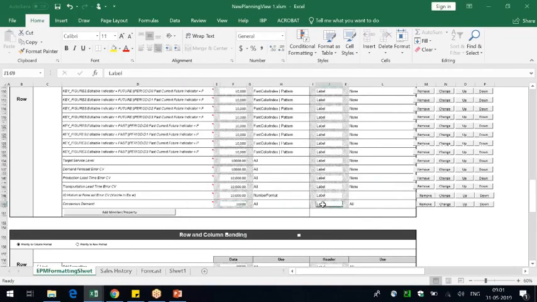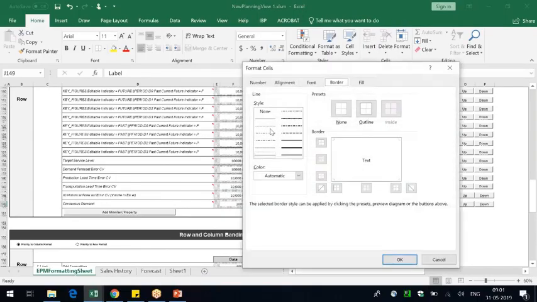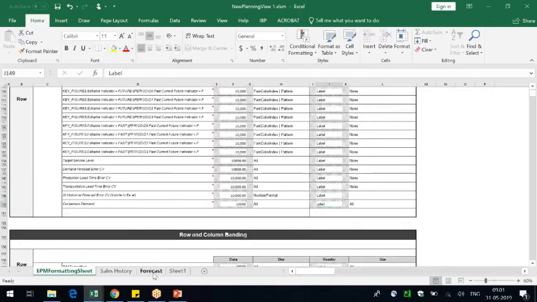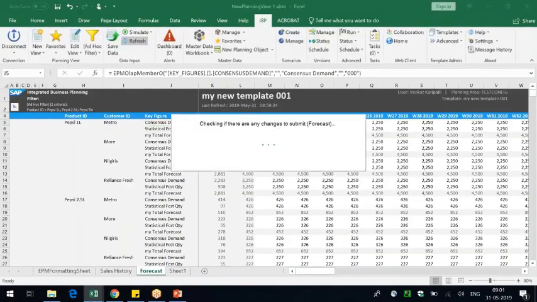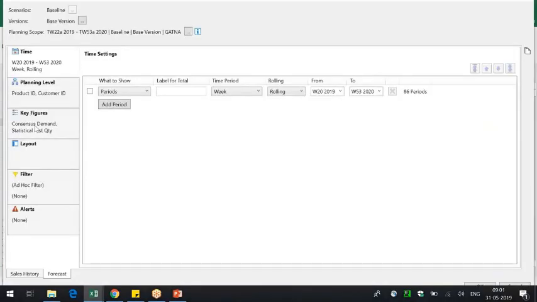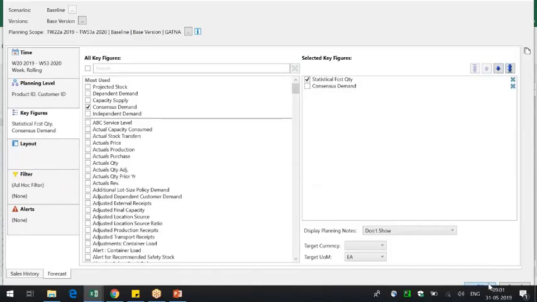So basically, even if we move the key figures, the formatting is not done. Exactly. That's a true requirement. That is exactly what the clients want, but that cannot be done. So now if I come here and do a refresh, the border appears, it's all fine. Now if I go to edit view and shift this, now you'll see everything goes crazy.